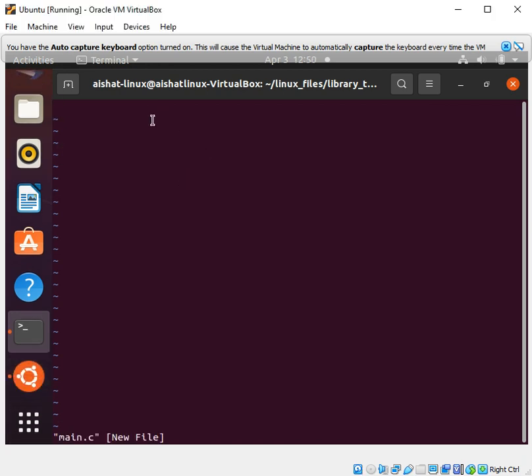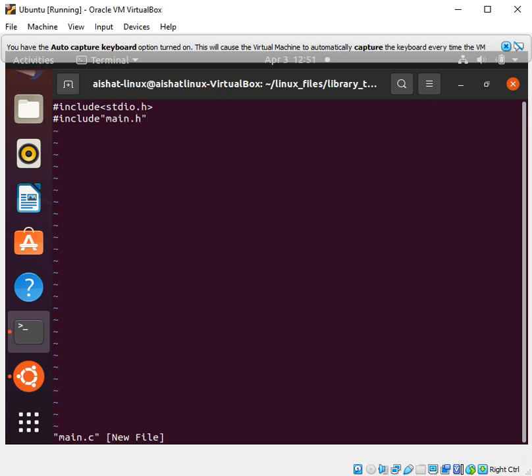So in our main.c file, we're gonna have our header, the standard input output header, which is hash include stdio.h, close it. Then we're going to include another header, which is our prototype, the main.h. So hash include, double quotes